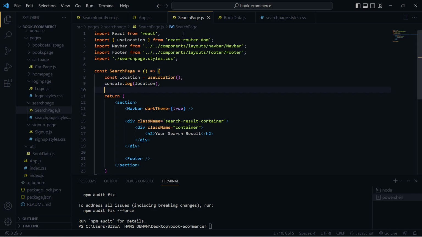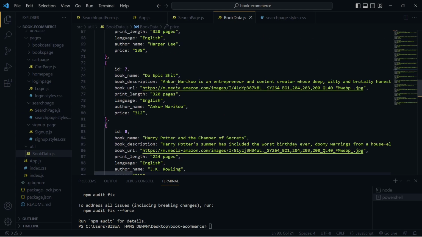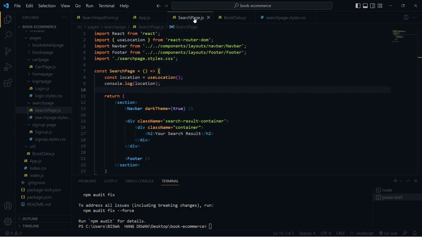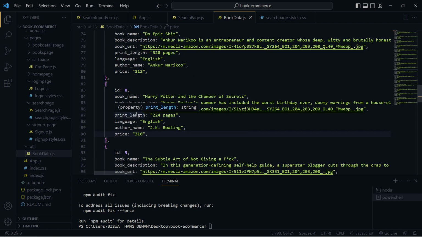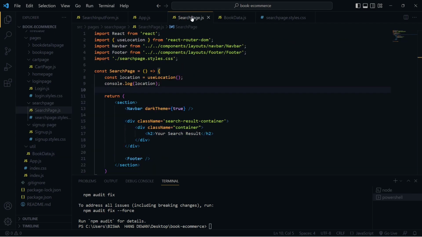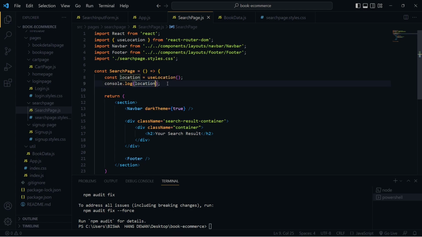So basically what I'm going to do is, since our book data.js is going to have the entire collection of books for now, I'm going to loop through this entire data and check if our search value is present in the book name field, right? So if the search value is present, then I'm going to show that current book. Okay, so for that, now since we have the value in location.state,